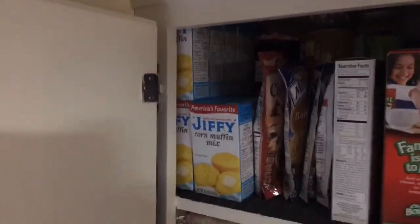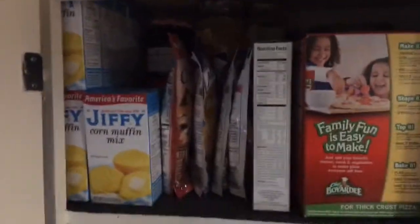So, anyway, just want to show you something else. Flip the camera. This isn't much, guys, but that's a lot of food for somebody that can't get out of their house. I know it's hard to tell, but